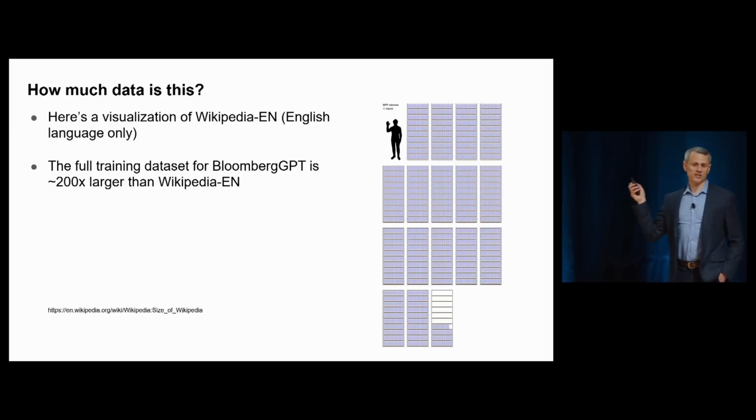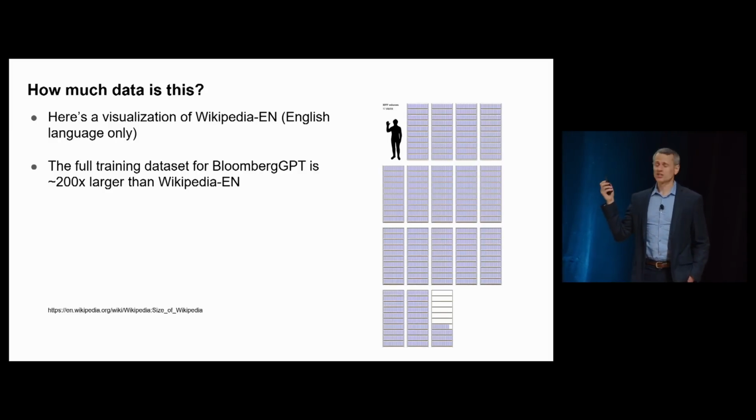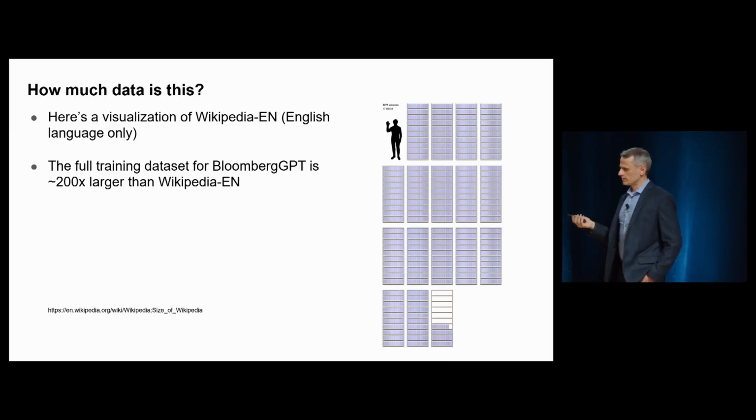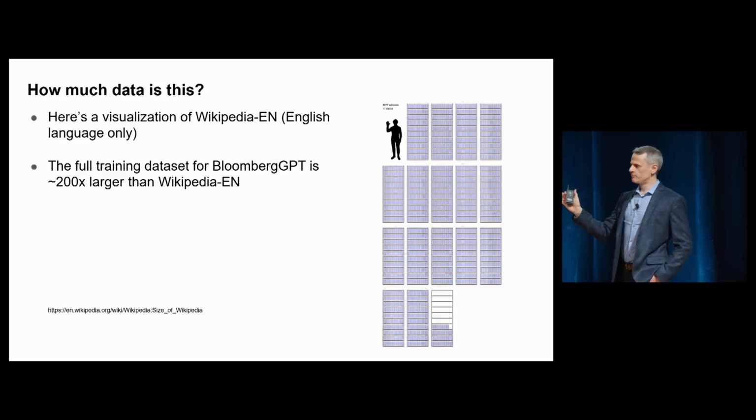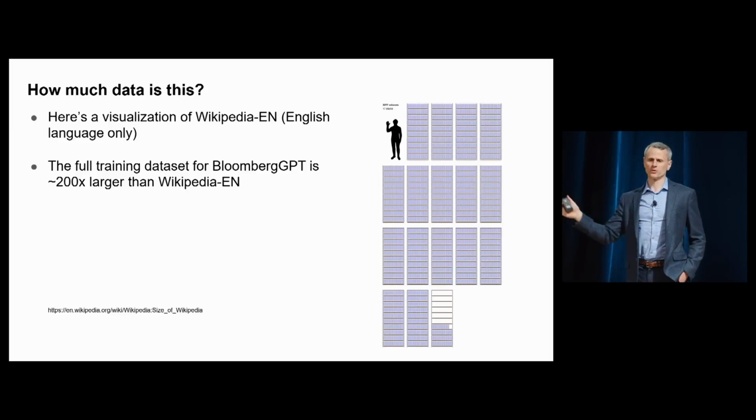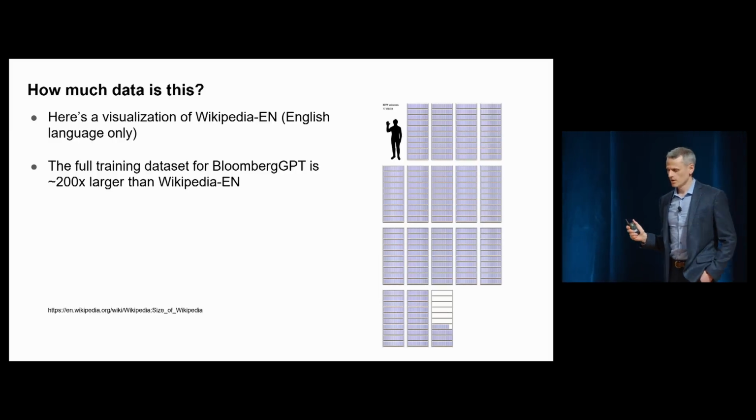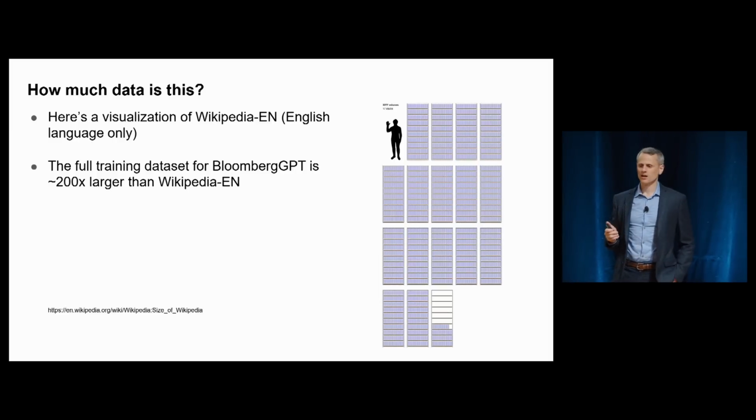And these are not even ordinary bookshelves. These are bookshelves that are 9 shelves tall, much taller than an average human. And if you picture these bookshelves lined up full of books, it's going to be like a whole grocery store aisle or something, right? An enormous amount of information in Wikipedia.